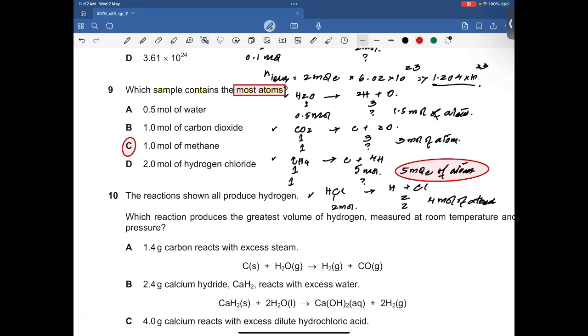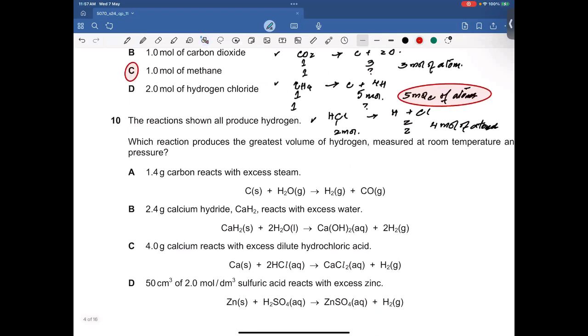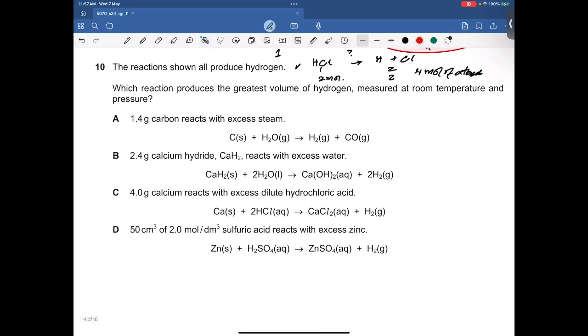ओके, नेक्स्ट. The reactions shown all produce hydrogen. Which reaction produces the greatest volume of hydrogen measured at room temperature and pressure? 1.4 gram of carbon,